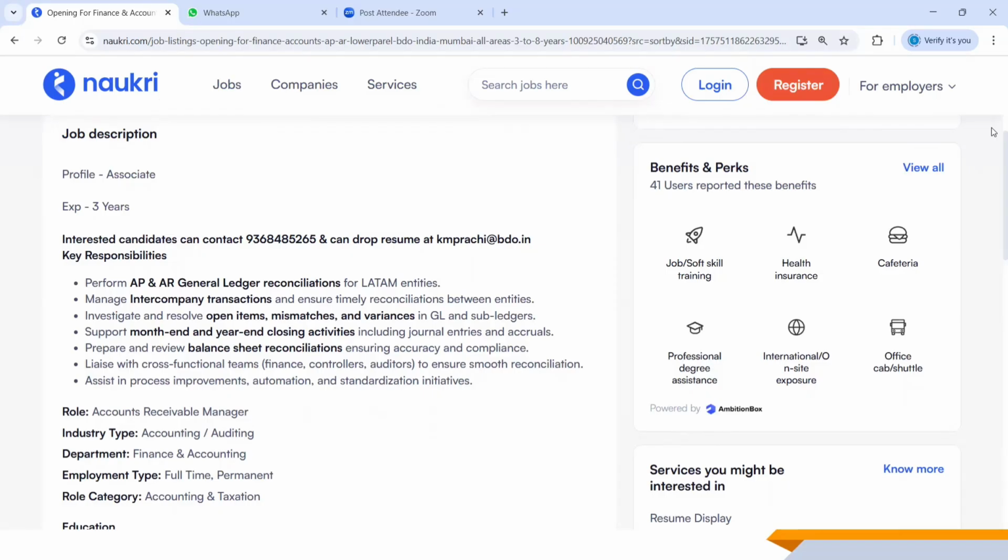Giving an example here: provision for doubtful debts. You have just provided certain aged balances as doubtful debts, but that's not the actual one. So you are not taking the impact in the SL, you are just reducing the balance in the GL. And once it's confirmed that the amount is not going to be recovered and we have to pass that on to the respective customer, then we are going to take the entries in the SL. So that's one example.